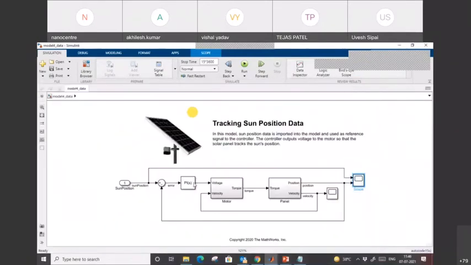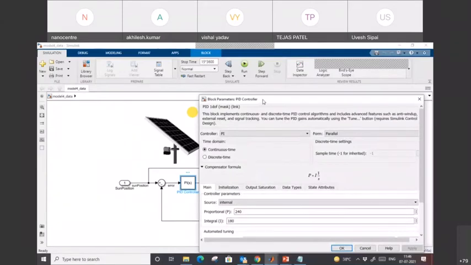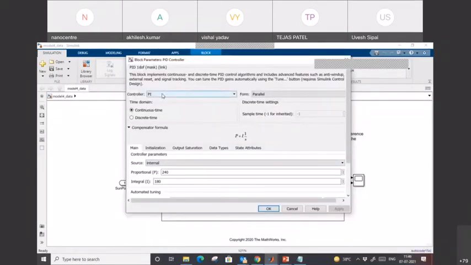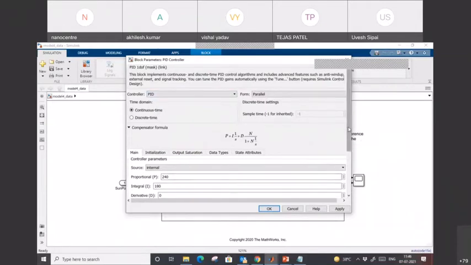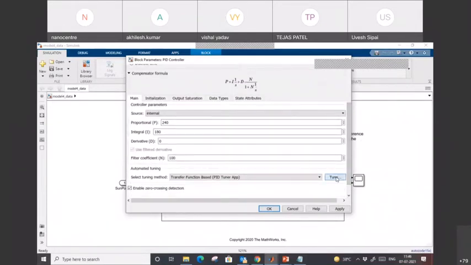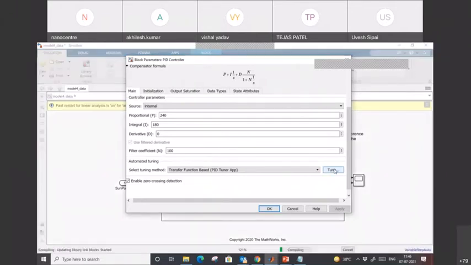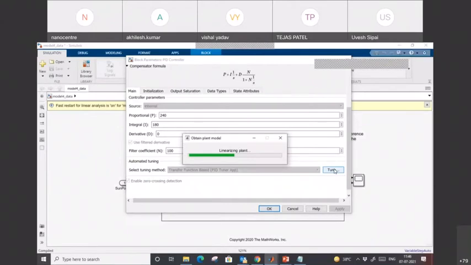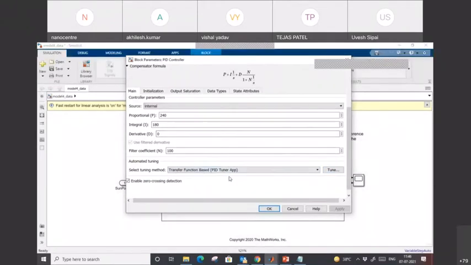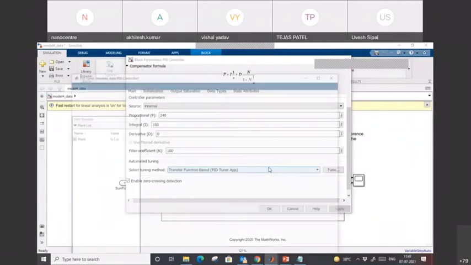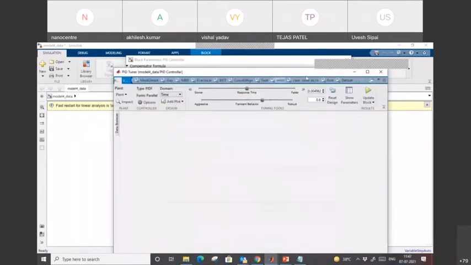Like I have done in this example, now I will double click on this controller, and you see that there is an option to choose controller PID, PI, PD, P or I only. So if you want to use a PID controller, select this, okay, and open this tune option. I have opened it, but I have to apply this first. Once I have applied, I can open this. In a similar way, you have to choose the controller. What kind of controller are you going to use? And you can tune this, and this tuner will open like this. So this is the tuner.